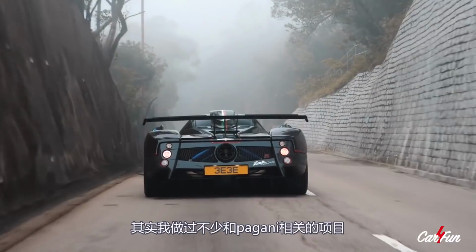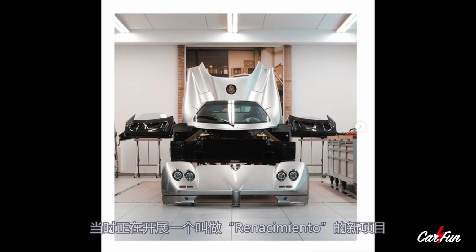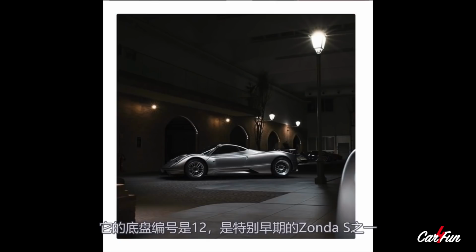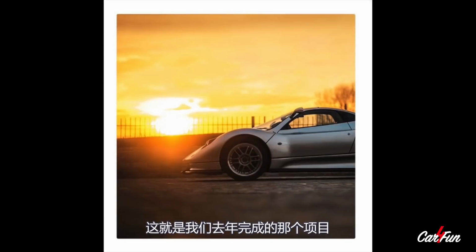I've done quite a few Pagani projects actually. I started with the Fantasma Evo. Then I also did the project with the Zonda S, which was a completely different approach. They were launching the new program called the Rinascimento, which is the restoration service in a similar manner to Ferrari Classiche, which is to take cars which have been modified or converted and restore them back to completely original condition. So I acquired a Zonda S, an early car, and a car which had maybe a bit of a tough life, but it was one of the earliest examples, being chassis number 12. And the idea was to make it absolutely 100% the same as the day it left the factory. And so that's a project that we finished off last year, and it was the first car that was produced